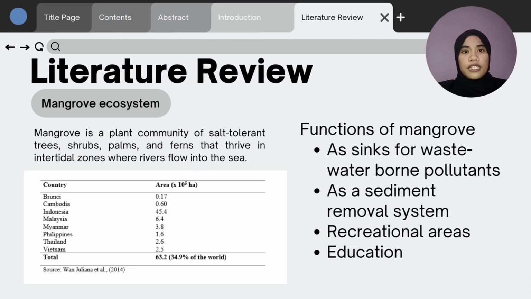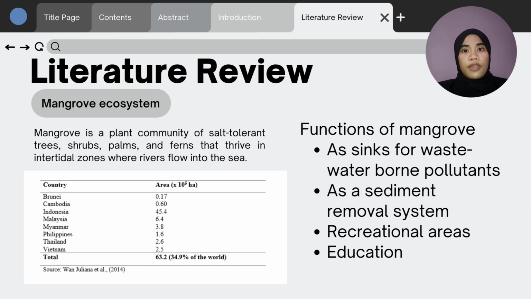Next, we move to literature review. Mangrove is a plant community of salt-tolerant trees, shrubs, palms, and ferns that thrive in intertidal zones where rivers flow into the sea. Based on the table shown, we can see the mangrove regions around Southeast Asia start